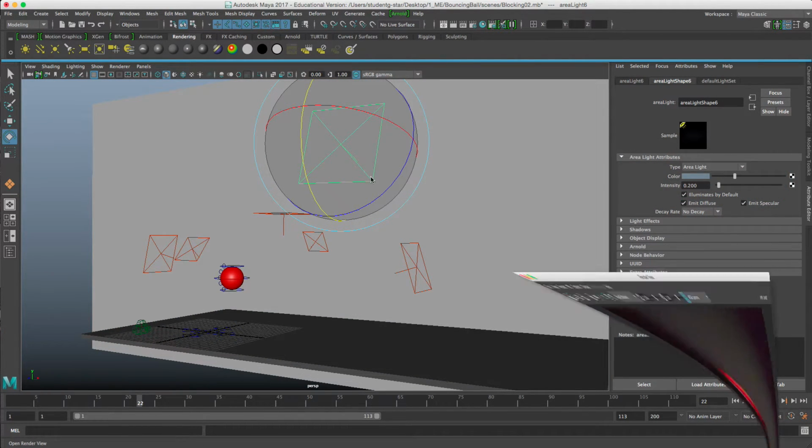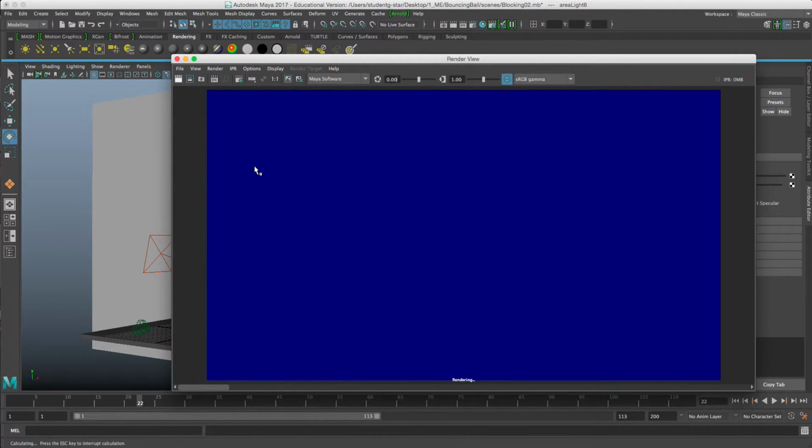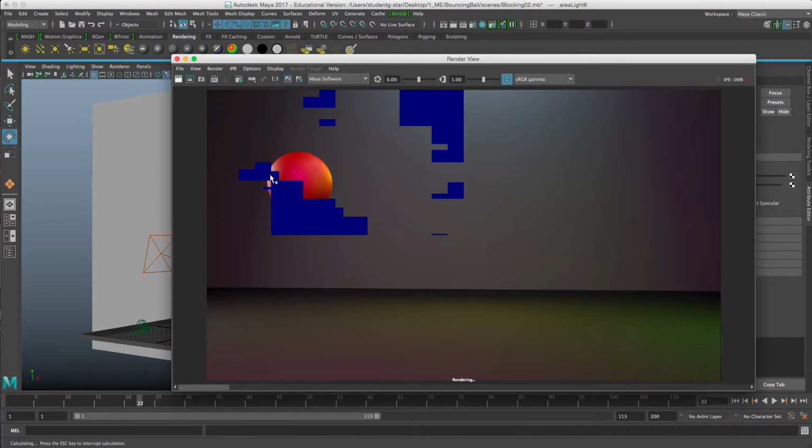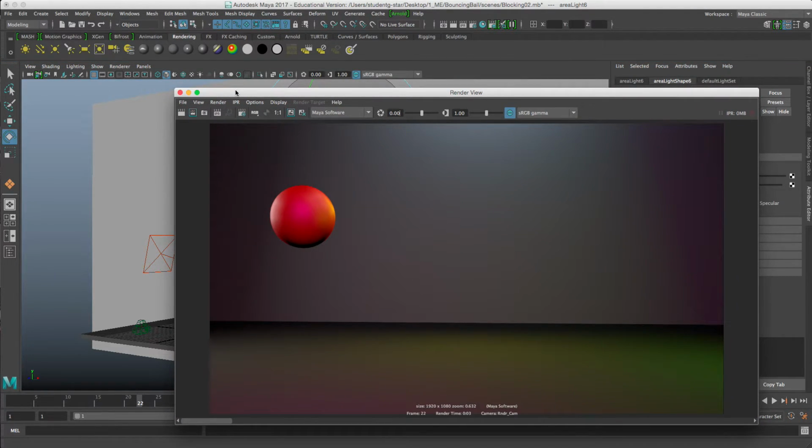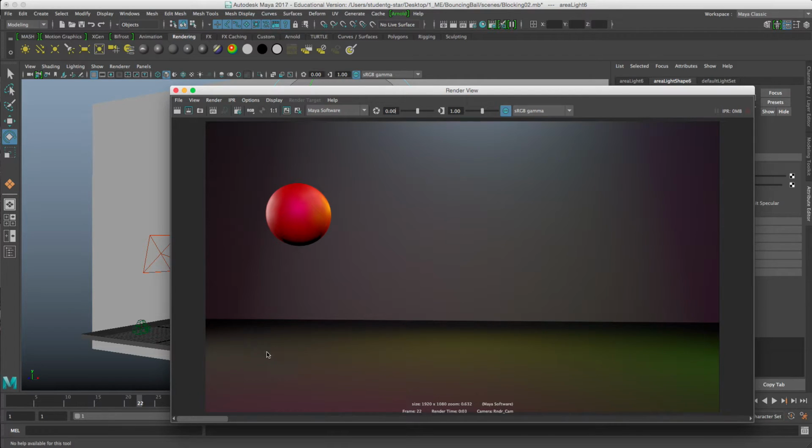And let's see what we get. You see? All the color contribution. So it makes for a more dramatic look and effect in Pixar films, and there's other techniques called global